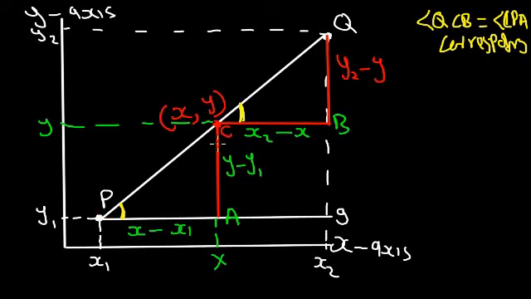We can clearly see that they are going to be equal to each other as well, because they are corresponding to each other. However, not due to the fact that they are subtended by the same parallel lines, because for these angles, these two red lines are serving as the parallel lines. You can clearly see it, and this now is the transversal. So this is the angle made by that parallel line outside, and this is the angle made inside. Therefore, they are going to be equal to each other. Now, if angle CQB is equal to angle PCA,